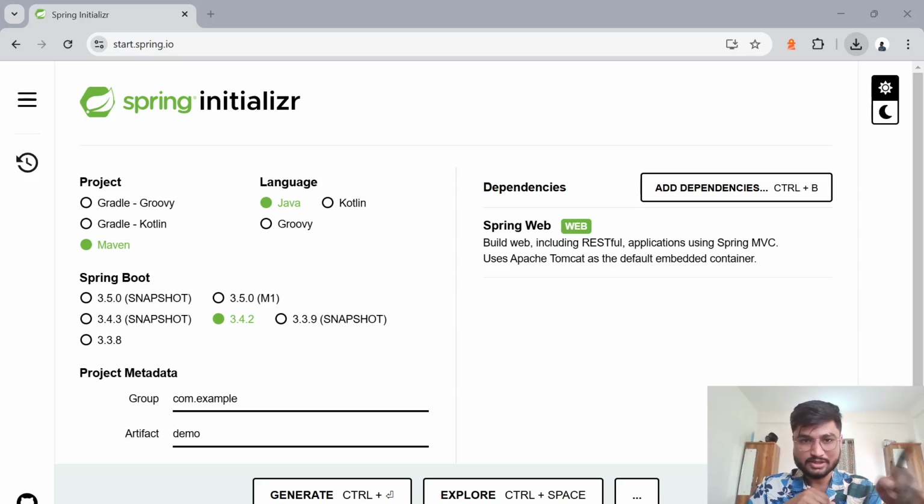So here you can see on the screen we are on Spring Initializer. So Spring Initializer is basically a website that lets you generate a basic Spring Boot project. So let us go and create one. You can see in the dependencies I have already added Spring Web as a dependency. So Spring Web